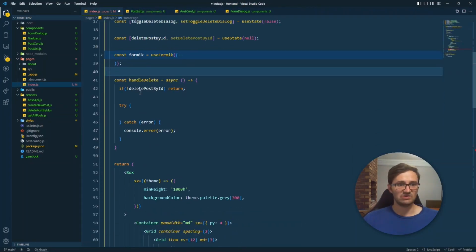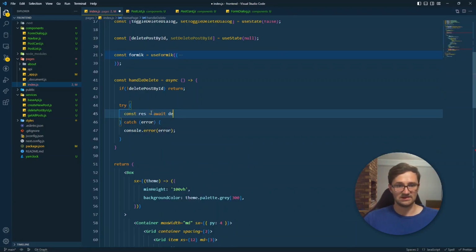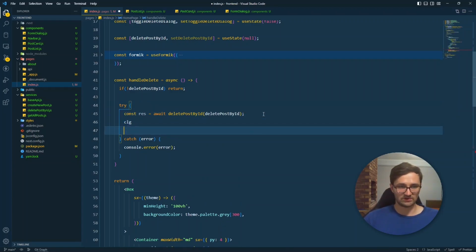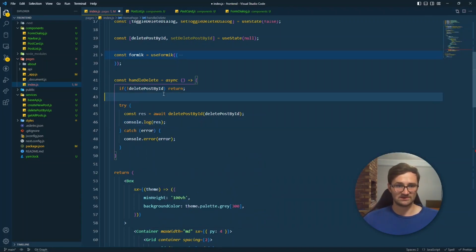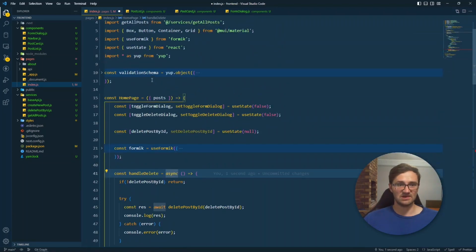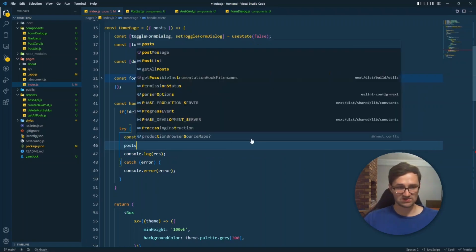Okay, and we want to import this here, so we're going to say res equals await deletePostByID, and we're going to send it the deletePostByID. Okay, let's console log out if this would have been successful and see what we get. And once this is successful, what do we want to do, right? We want to take this posts array, and then we want to remove whatever ID was removed. So we can actually say posts dot